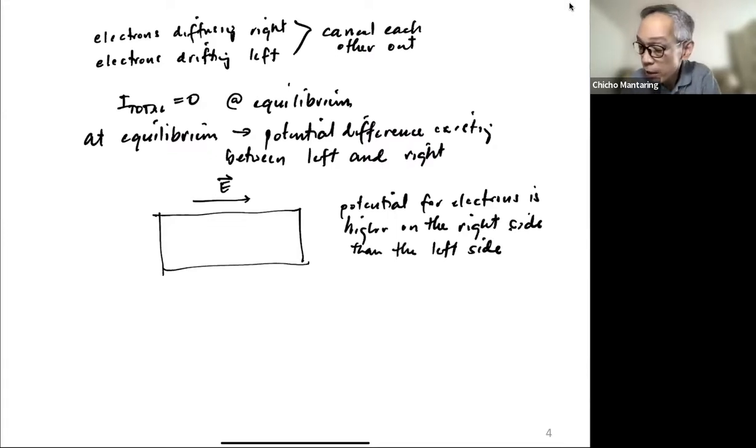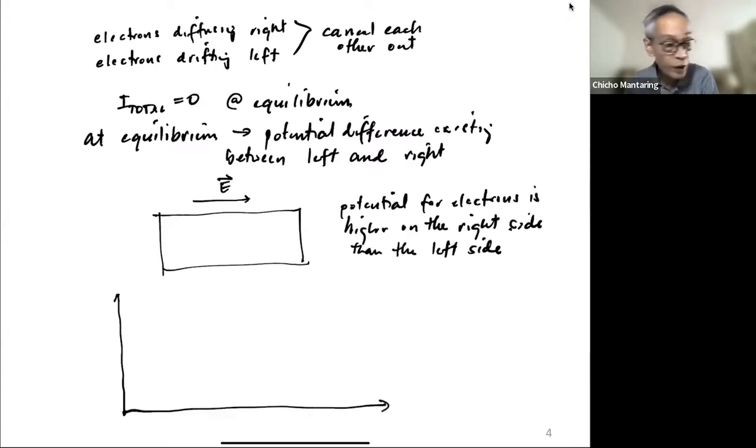What will happen is, if you now take a look at your energy band diagram, this is going to be my energy band diagram, and this time it is with respect to X. So this is E, and this is the energy of electrons. The energy band diagram describes the energy of electrons. If this is my EC, and this is my EV,